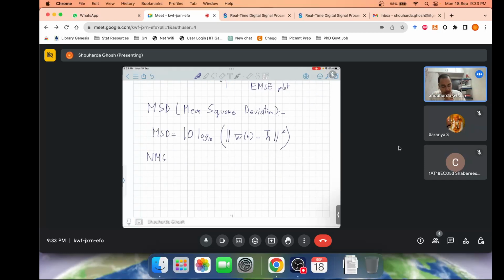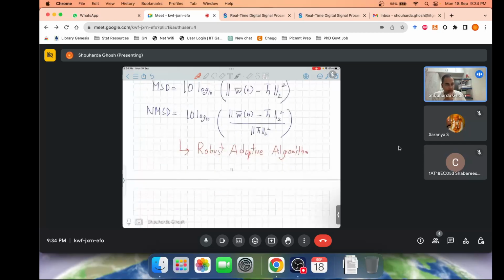And when you look at the normalized version, what do you write? 10 times log 10 base norm of w of n minus h bar whole square by norm of, I should add 2 over here, h bar whole square. Okay, these MSD and NMSD are not always used, they are used in some special scenarios, in special measurement of measuring the performance of robust adaptive algorithms. Now let me briefly define, I am just giving a brief overview of what happens in robust adaptive algorithms,